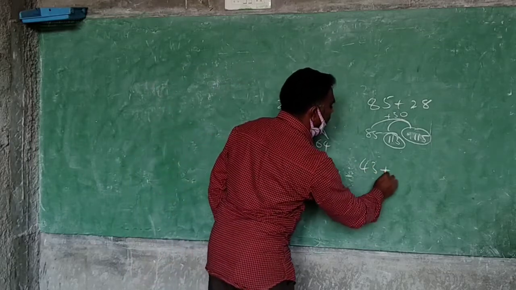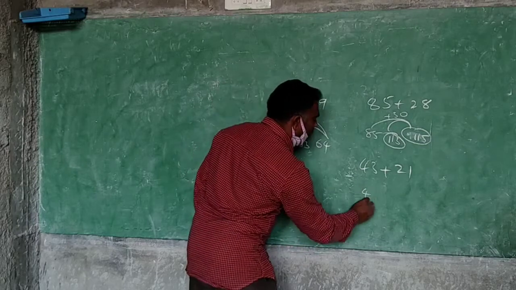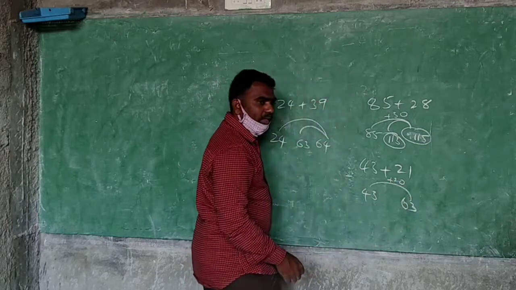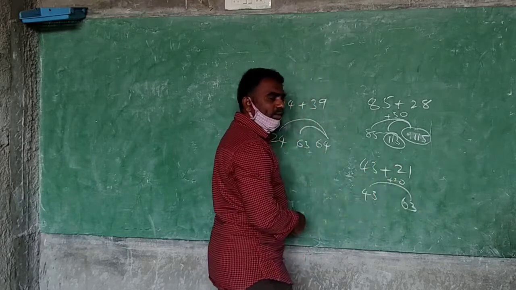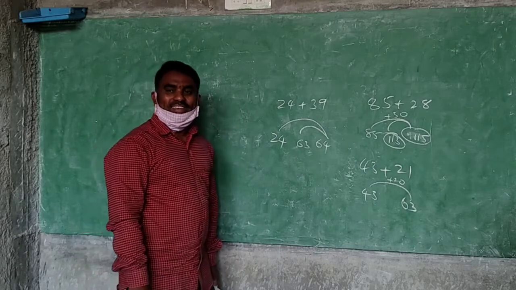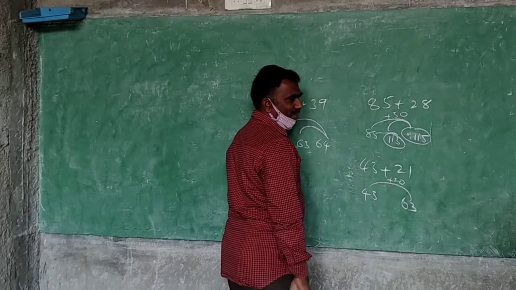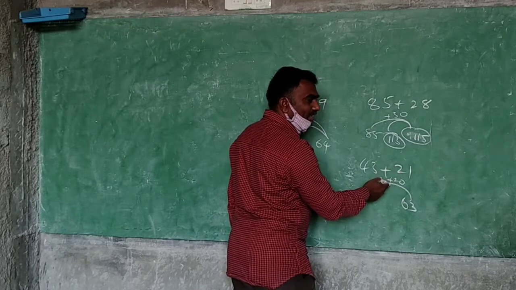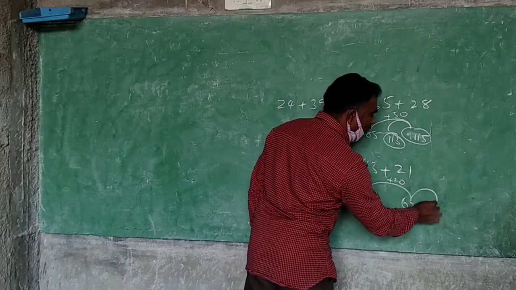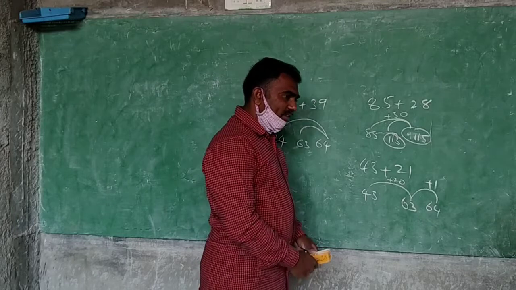So 43 plus 21. 20. Very good. What will you do? 43 plus 20. Yes. Means what is it? 63. Now is it plus 1 or minus 1? Plus 1. Extra not taken, no. Less you have taken, no. Less means again 1 is there. That's why you have to go there. 64. Okay, Arman, understand?